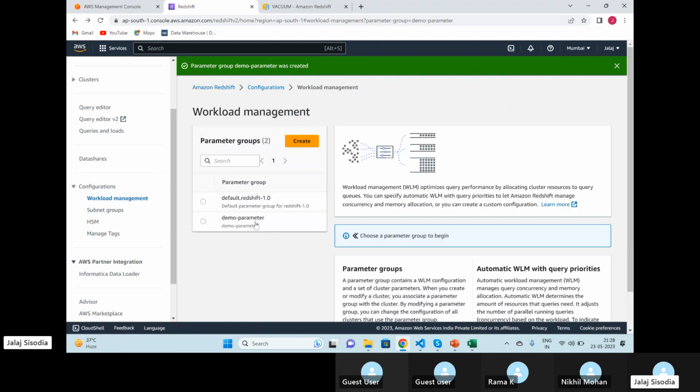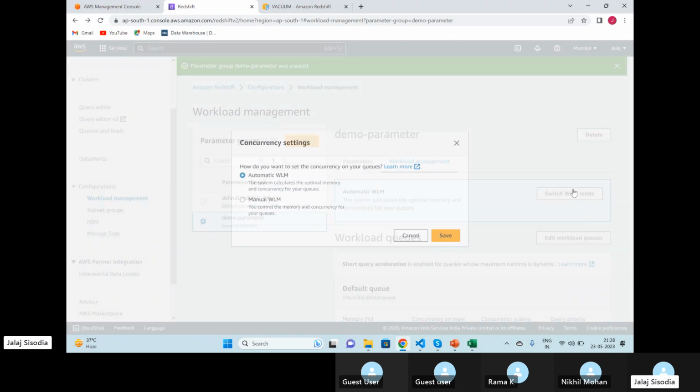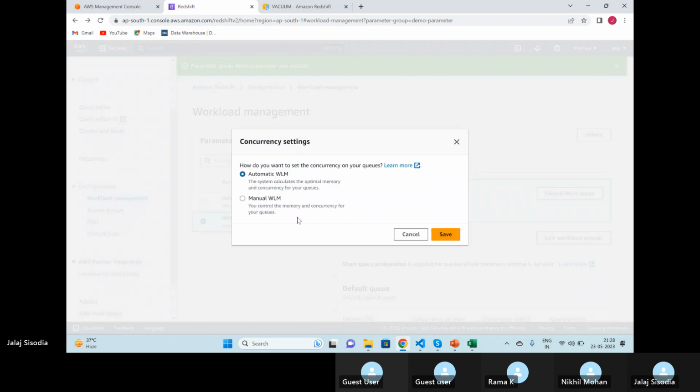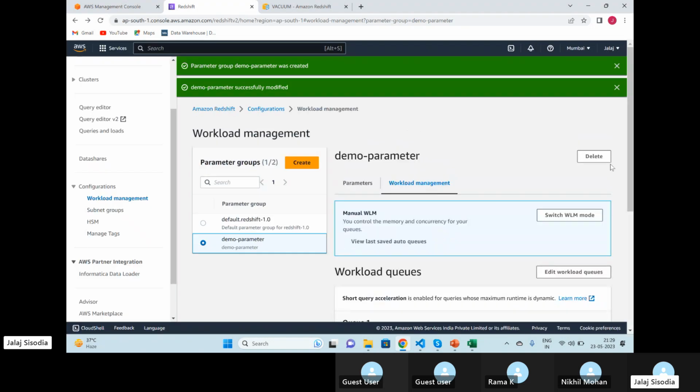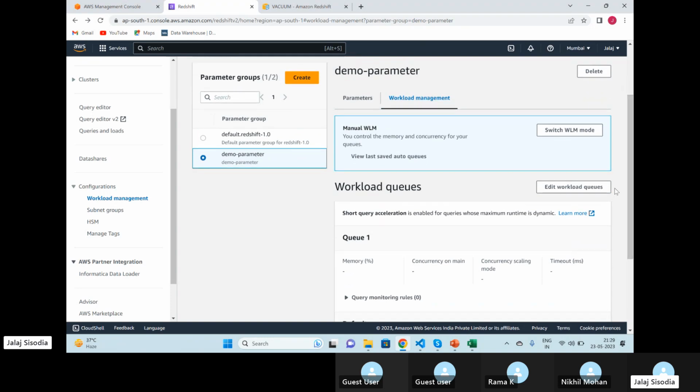then if you see, right now my workload management is set to automatic WLM. That means every query is going to have the same priority, and they are going to have 100% of resources available. Okay, but if I say switch WLM mode, and then if you see, add workload queues,